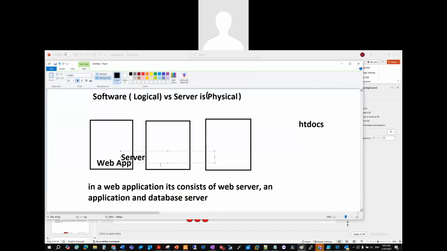You also have your application server, app server, and then you'll have your database server, right? So lastly, your database server. So these are the three machines. It does get confusing. It often gets confused, but again, in a web application, it consists of